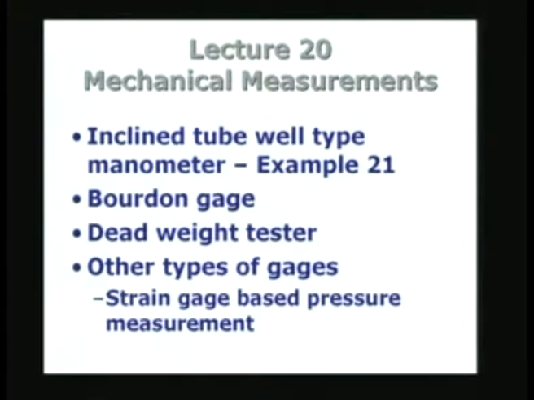the problem. And then we will also look at how to calculate the error in the measured value of pressure by a simple analysis, which is based on the error propagation formula, which has already been covered in an earlier lecture. After doing that, we will look at several different types of pressure measuring instruments. To start with, we will look at the Bourdon gauge, and then we will also look at what is called a dead weight tester, which is used basically for calibrating pressure gauges or comparing different pressure gauges in order to ascertain whether the gauge is properly calibrated or not.